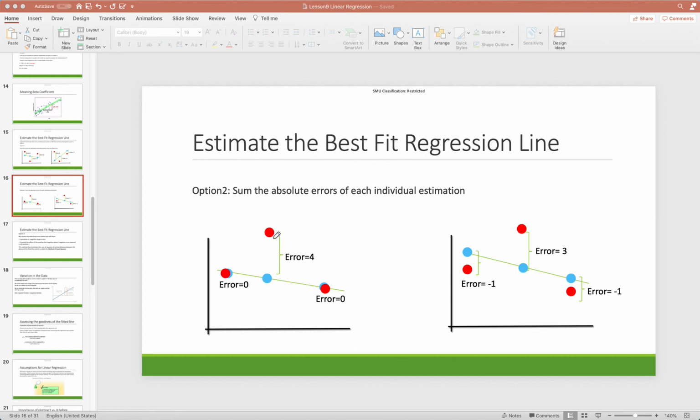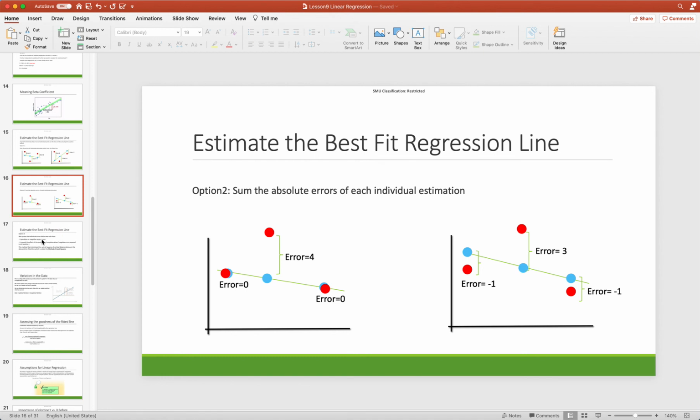But this line is not necessarily better than the other line, and let me tell you why. In this particular estimation, we have one point which has a huge residual value, whereas if you look at this particular line, the absolute errors are not that large. So what this really means is that we want to penalize higher values of error. Whenever we have a high residual value, we want to assign a penalty to that. So we don't want to use this way of aggregating error either. Let's see the other way of doing this.